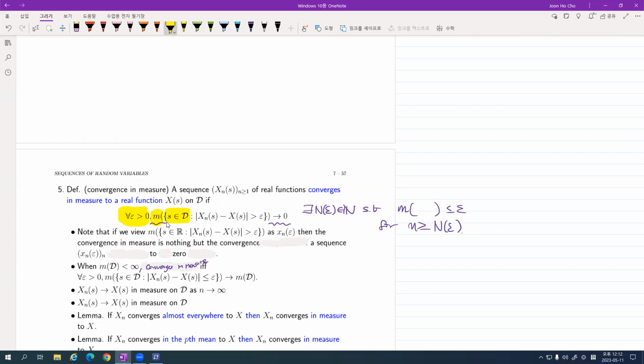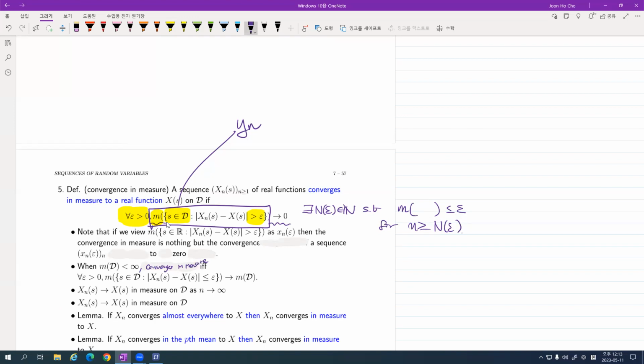So now you have a sequence of real numbers, and probably you want that to converge to 0. Here you have this one, and be careful. This one becomes some sequence of real numbers because you have measured the size of this subset. And you may say, okay, let's check whether that definition is different from, for example, the almost everywhere convergence definition, or the convergence in the p-th mean definition.